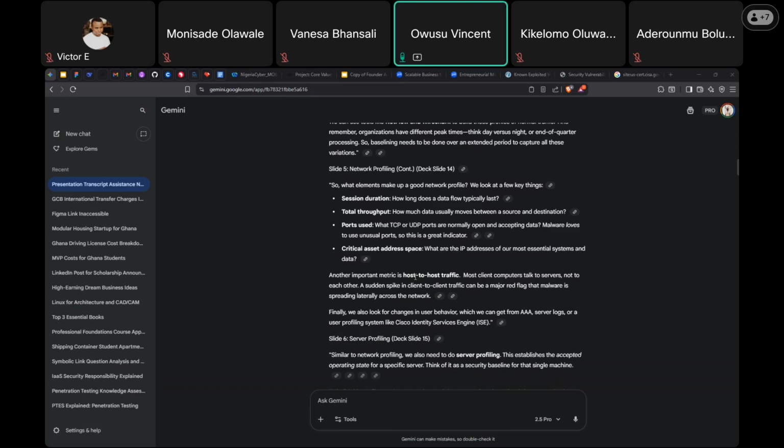So I think you have to go extra hard to get this concept. So we move on to the critical assets address space. What are the IP addresses of our most essential systems and data? So another important metric is host-to-host traffic. Most clients' computers talk to servers, not to each other. Remember, a sudden spike in client-to-client traffic can be a major red flag that malware is spreading laterally across the